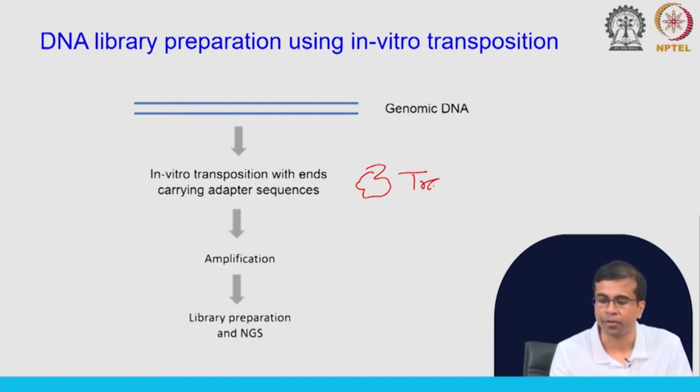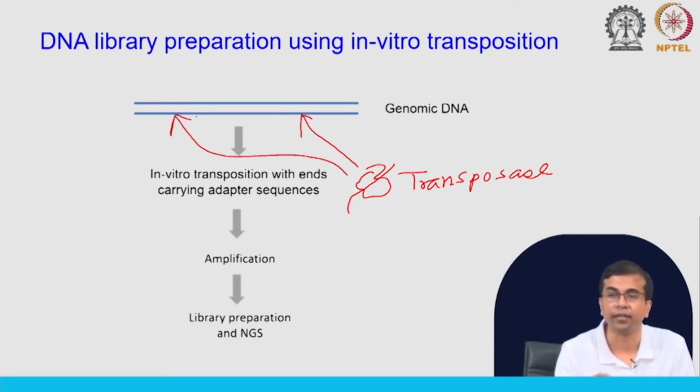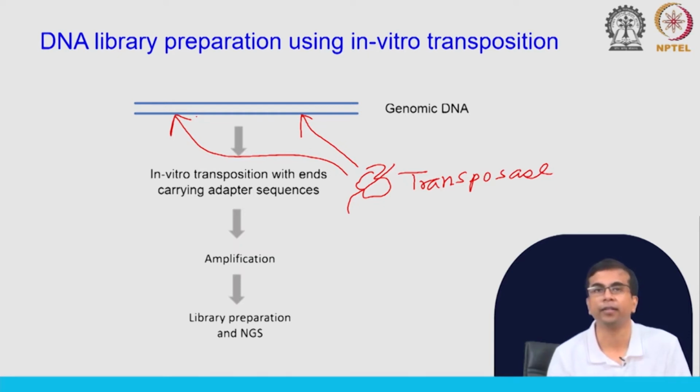So, this is your transposase, and it carries some DNA fragment, and this is actually your adapter sequence. What it does is go and insert these adapter sequences at random places. Once you have these adapter sequences inserted in random places, you can amplify these fragments and you can